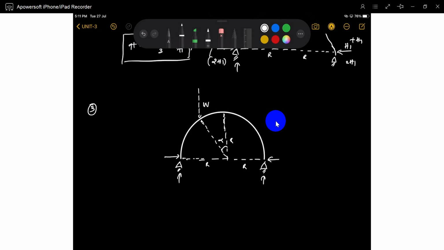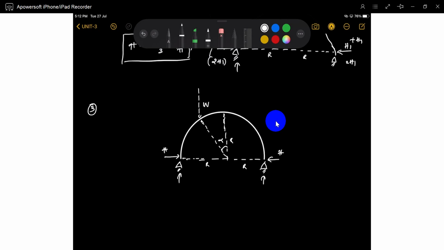So what is the horizontal thrust? That is the first point. Horizontal thrust is equal, because there is no other horizontal loading. So how can you find it out? First you have to find out the moment without the horizontal thrust. You have to find out the reactions first. To find the reactions is somewhat easy, you can easily find them.